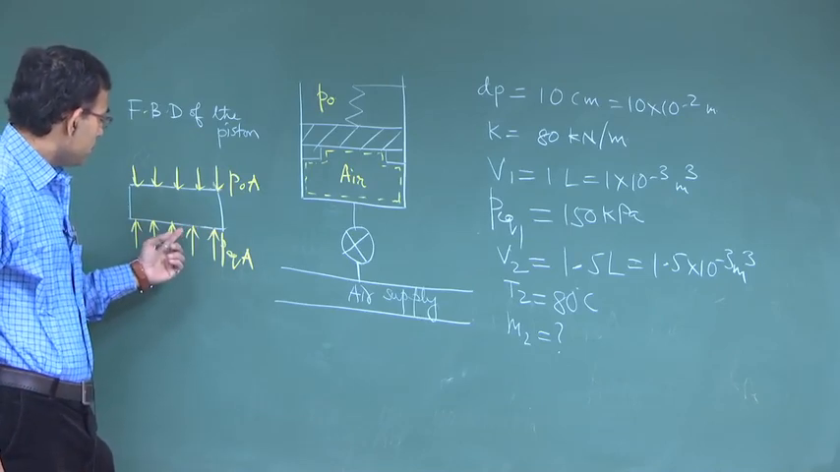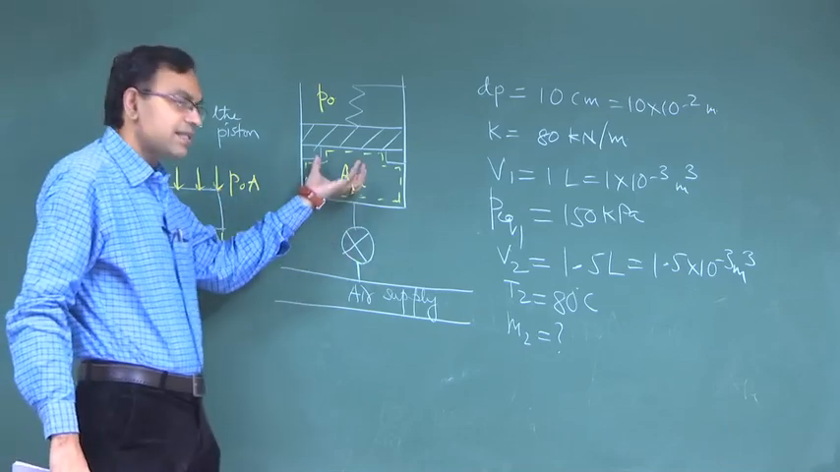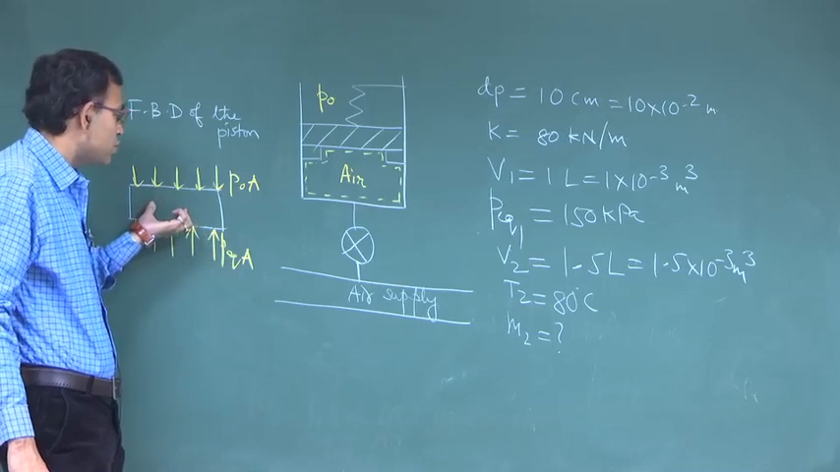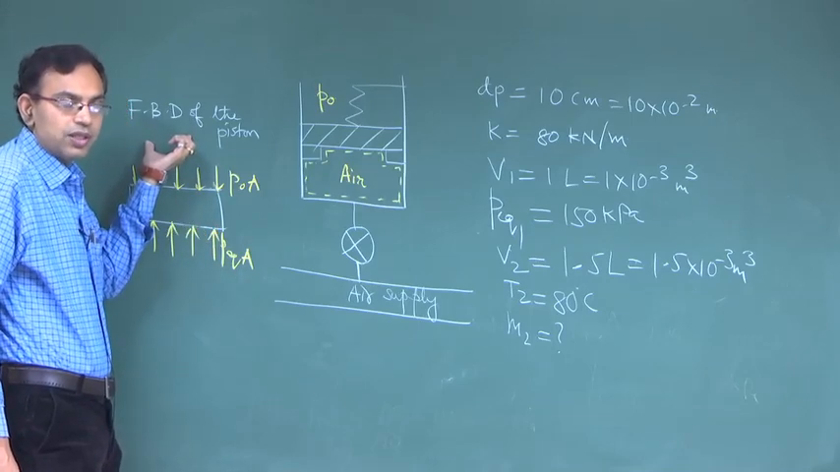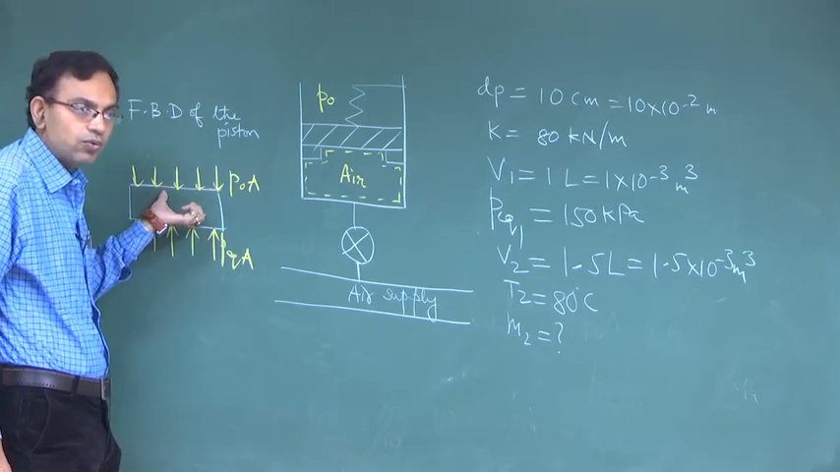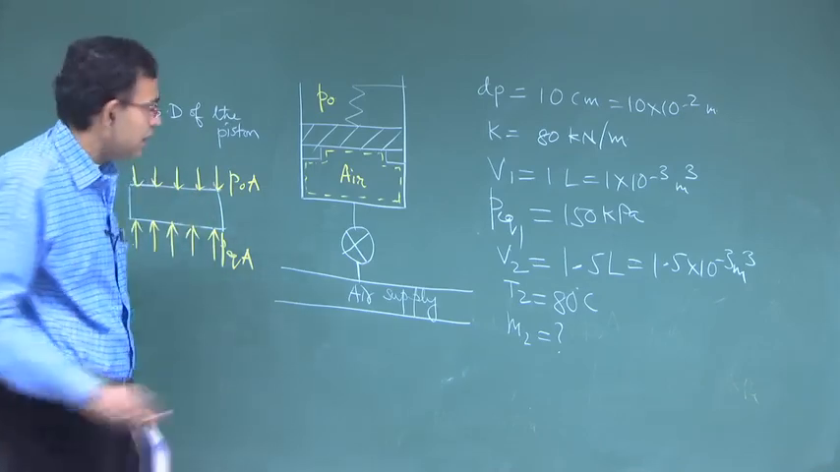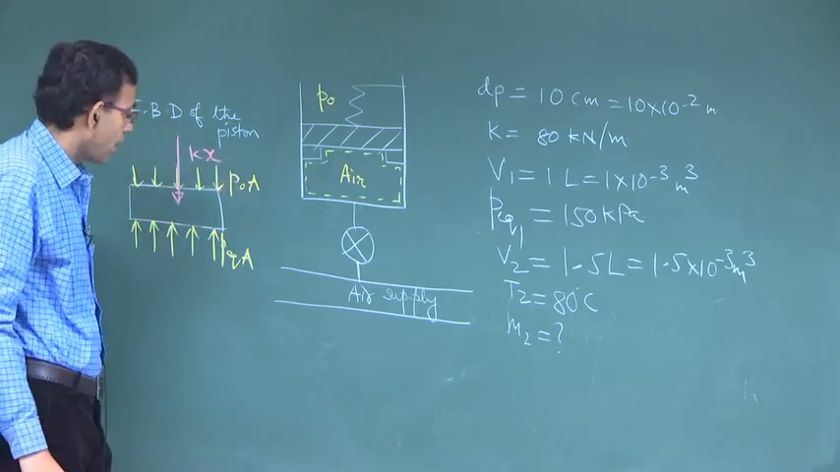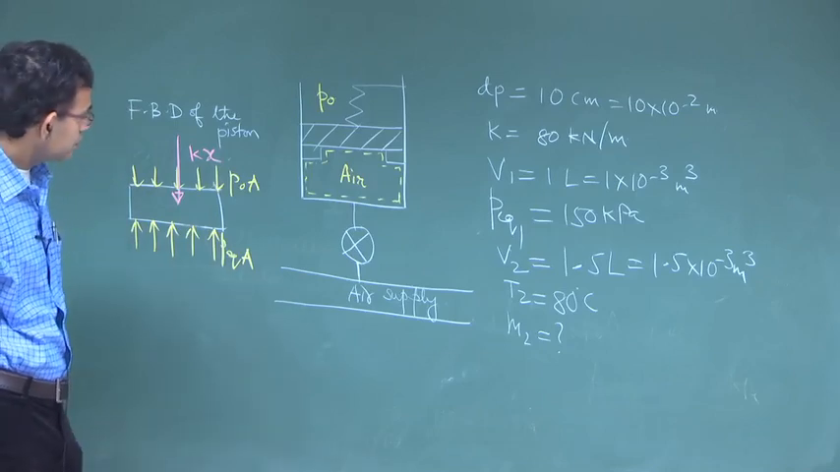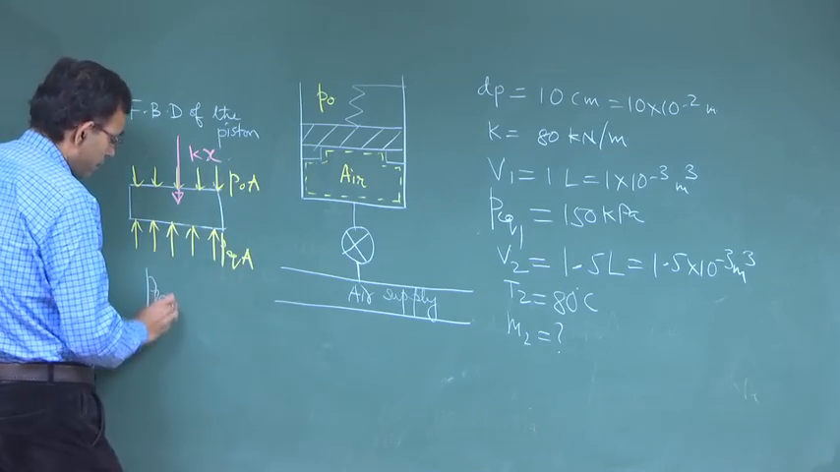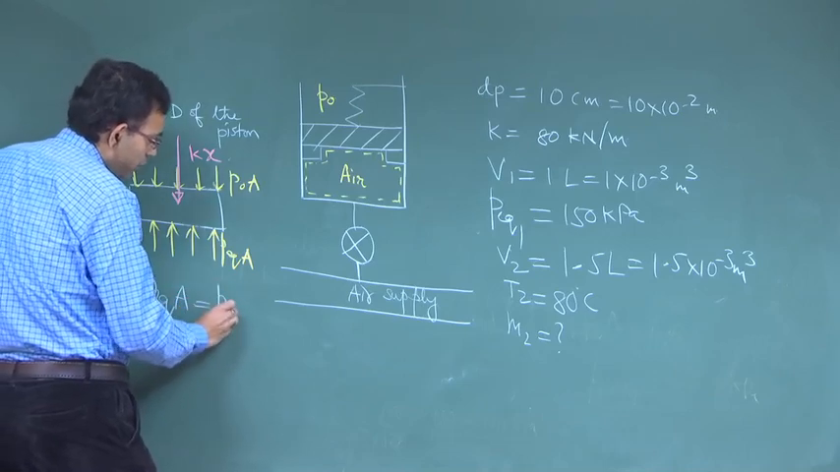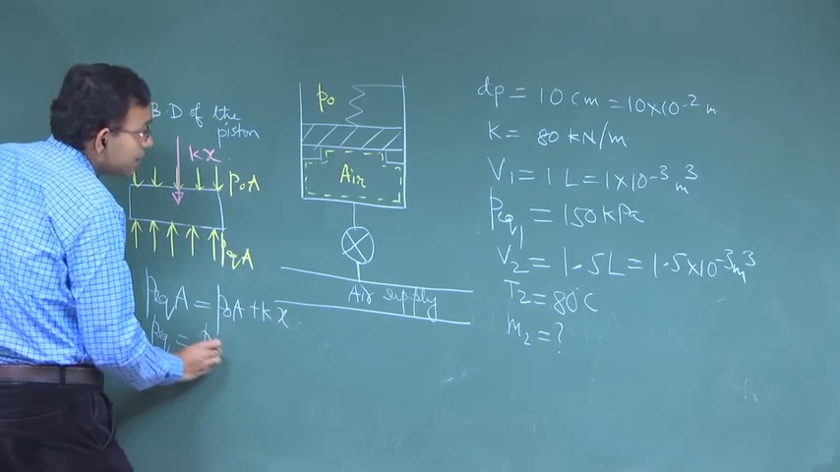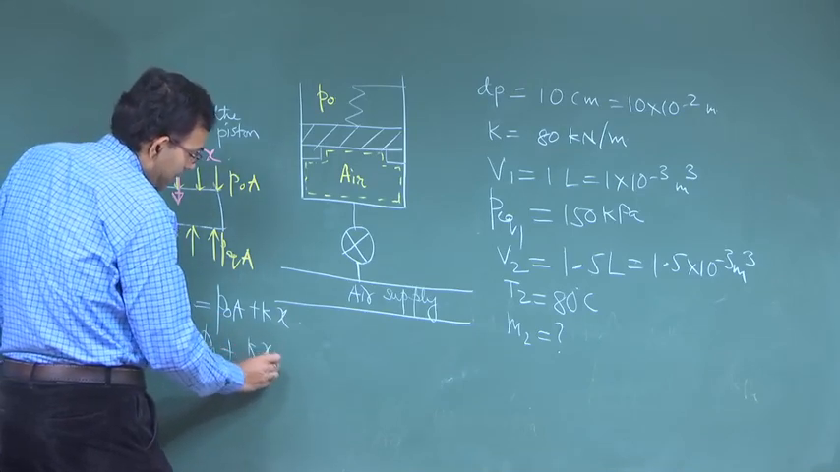So when the air is being supplied, the pressure here is increasing. So if the pressure here is increasing, the piston will have a tendency to go up. So the spring will give a restoring force downwards. So you have a Kx like this. So P equilibrium into A is equal to P0 into A plus Kx. So P equilibrium is equal to P0 plus Kx by A,